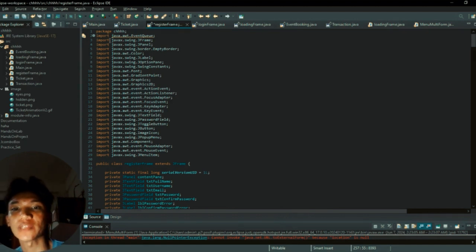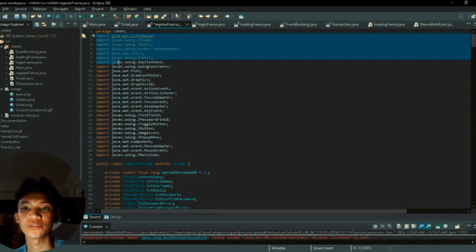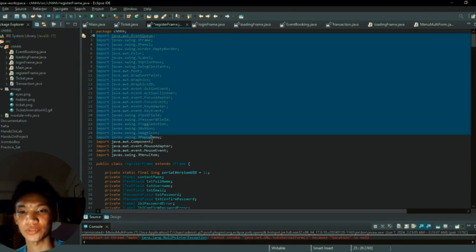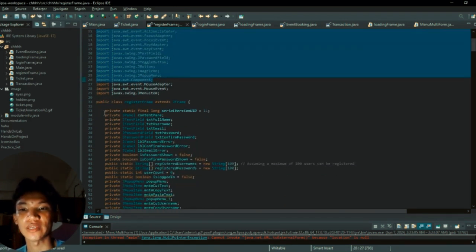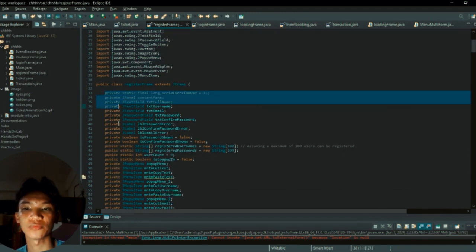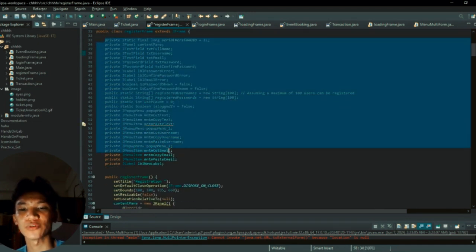I'm here to explain the register frame Java. So we have import, and this line of code is to construct the GUI variable.